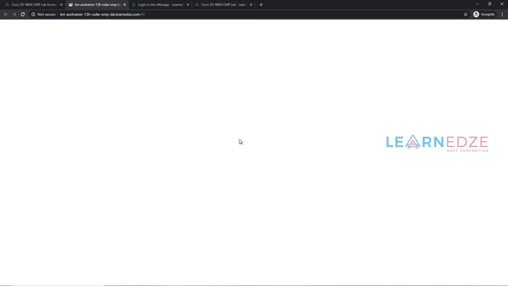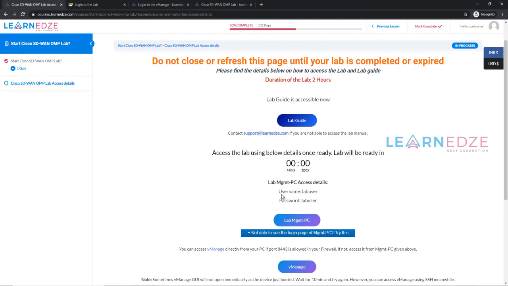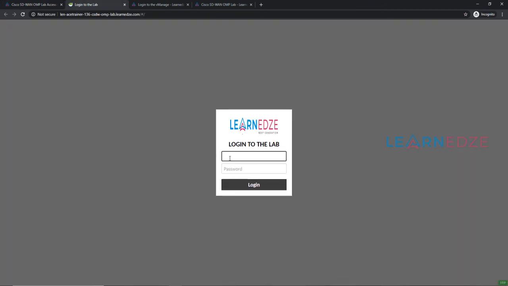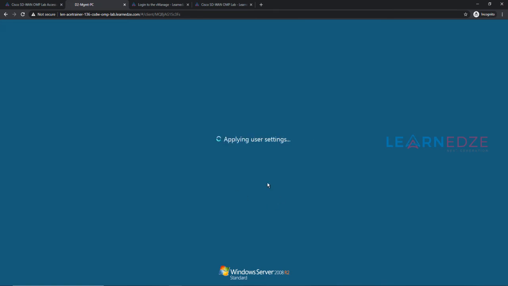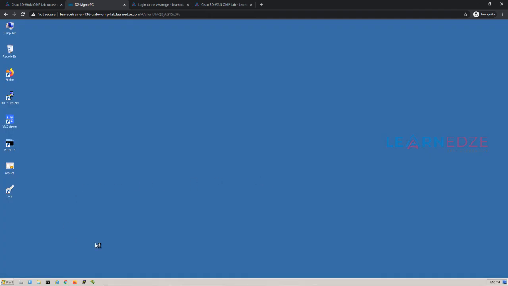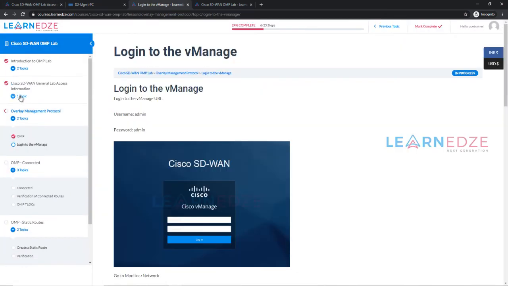Okay, so now once the lab management PC is opened, we can log into the lab by using the credentials provided here. Okay, these credentials are different from your account credentials. So now you have access to the lab management PC here, and from here you can access all the lab devices, right? For example, if we go to the lab topology here,